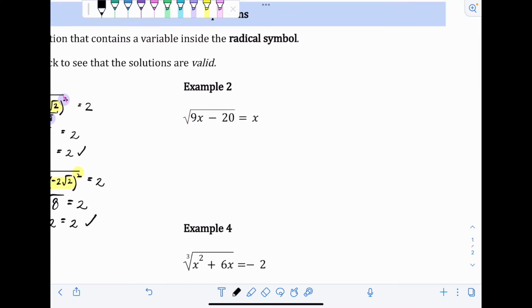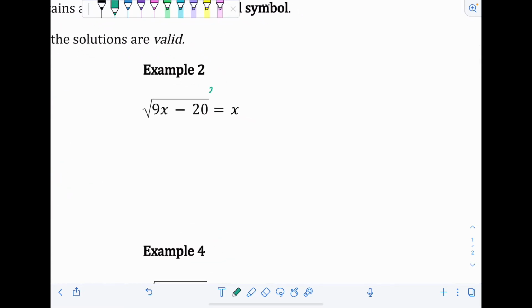Okay, so example 2, the square root of 9x minus 20 is equal to x. I want to get rid of that radical. It's trapping my x in there, at least one of them. In order to cancel out a square root, I have to use a squared exponent. So I'm going to go ahead and square both sides right away. That power cancels out the radical. Those are inverses, and I'm left with just what was inside of the radical. So I'm left with 9x minus 20